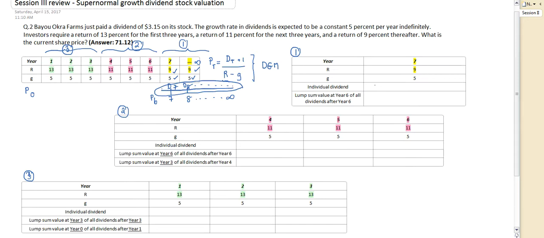The dividend at year 7 comes from the dividend at year 1, and it grows at 5% for 7 years, right? So this one will be equal to 3 point